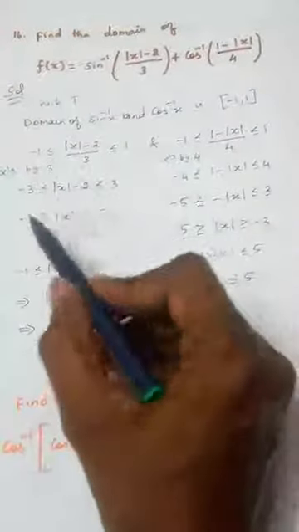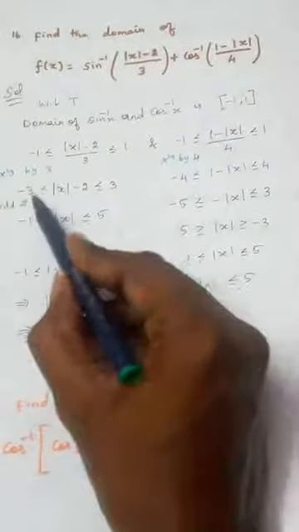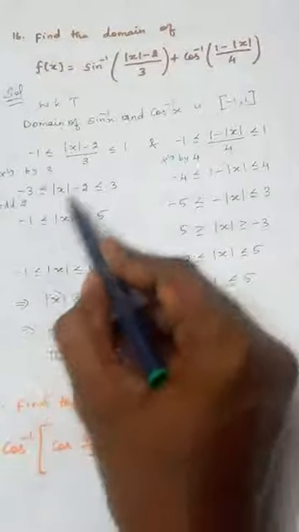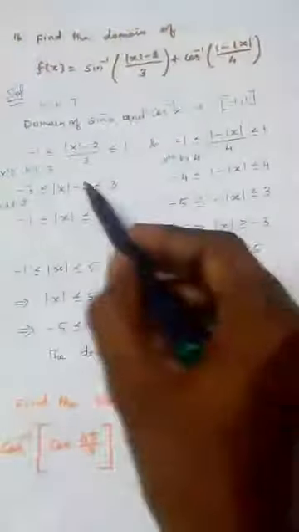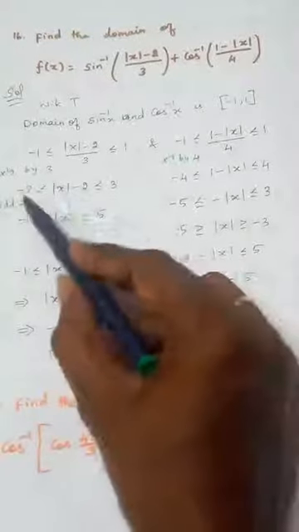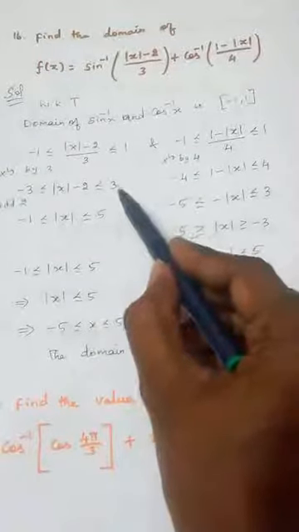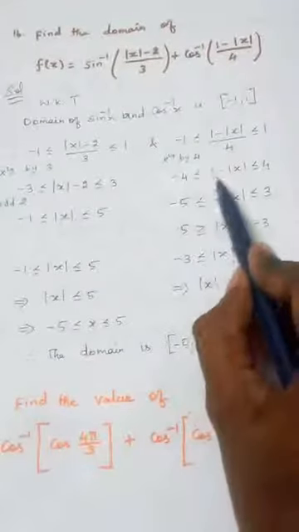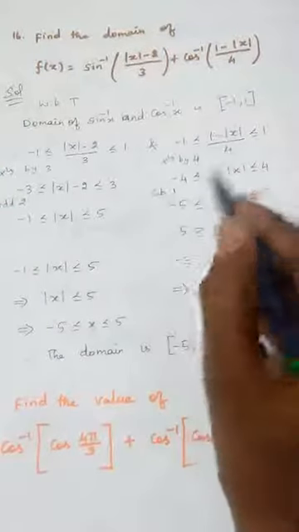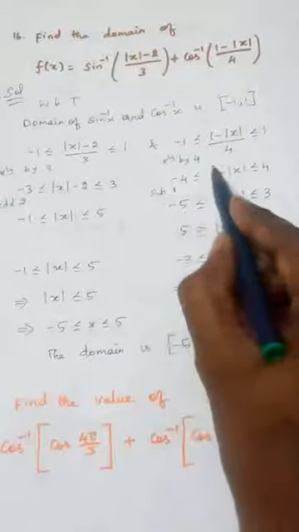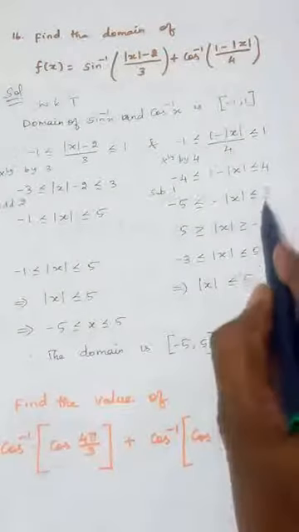Now here it is, add 2. What will happen? Minus 3 plus 2 is minus 1. If I add 2, 2 gets cancelled. If I add 2 here, 3 plus 2 is 5. Since it is minus 2 here, I am adding 2 with all the 3 terms. So this becomes minus 1. This becomes mod x. If you add 2 here, this becomes 5. Similarly, here I am going to subtract 1. Minus 4 minus 1 is minus 5. If you put minus 1 here, 1 minus 1 cancels. So minus mod x. If you subtract 1, 4 becomes 3.